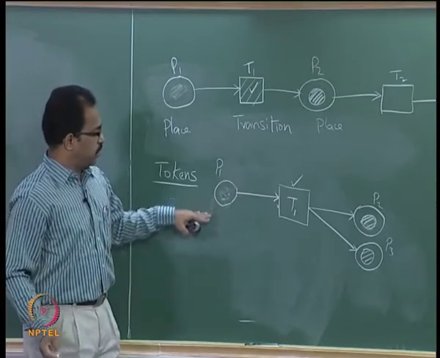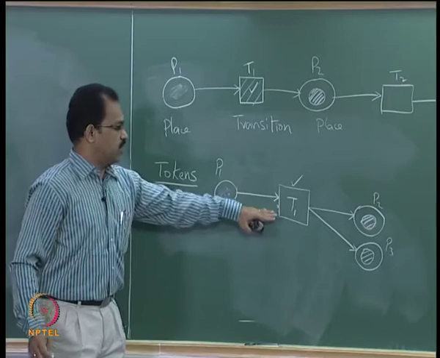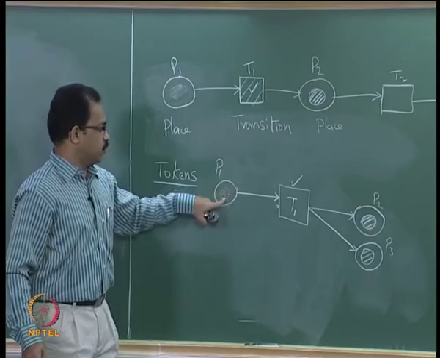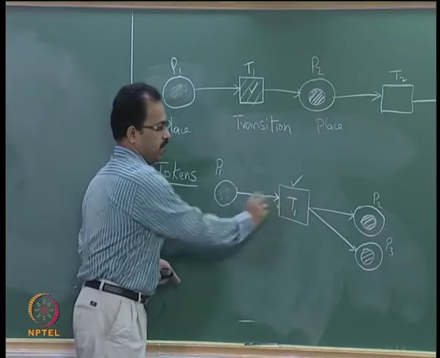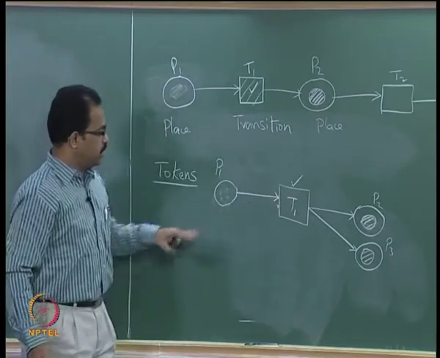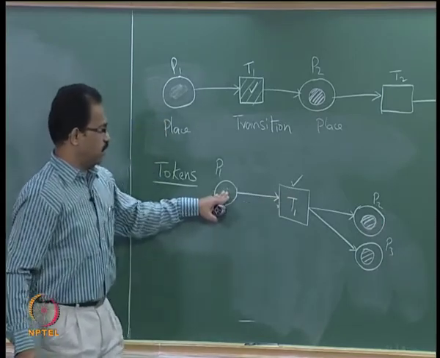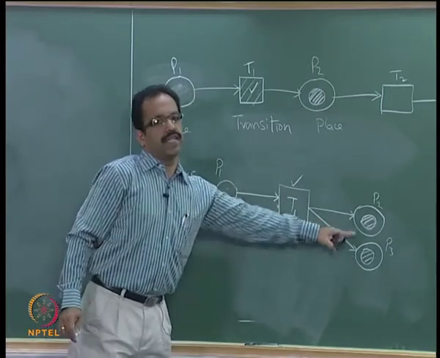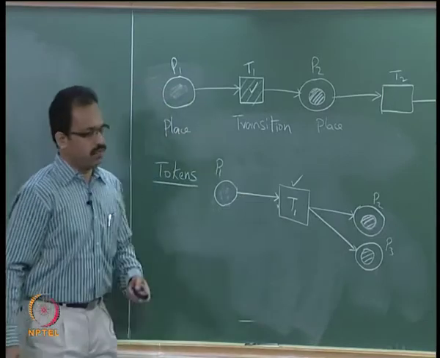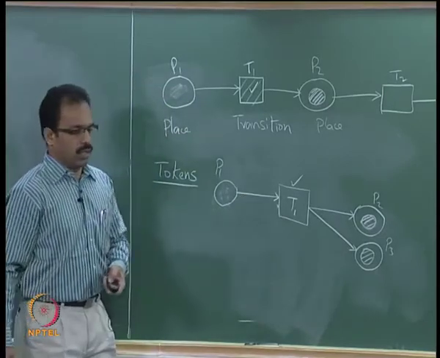So as shown here, the condition for a transition is that it has to satisfy the input conditions. If there is a token, then only it can be fired, otherwise it cannot be fired. That means if this condition is not satisfied, there is no possibility for changing this status to another status. So that is the condition for transfer of tokens.